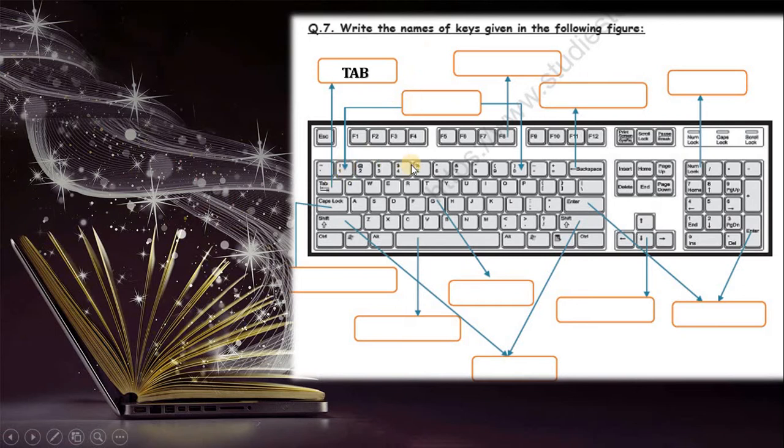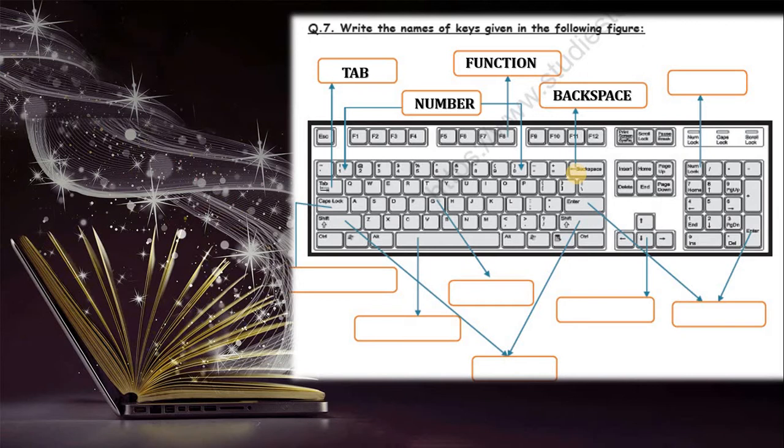Now see here the numbers, this arrow. It's called number key because it shows numbers. So the name is number key, right? Now see here this arrow, it is function key. Which key? Function key. Now see here the backspace key. And what is the use of the backspace key? For erasing from the left side.